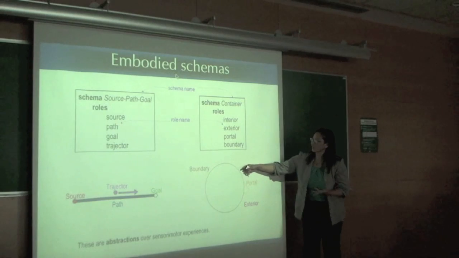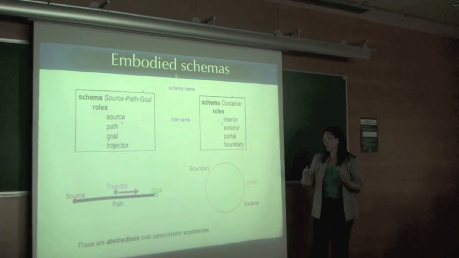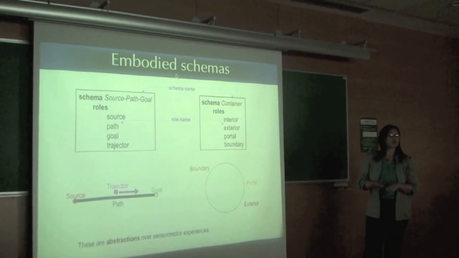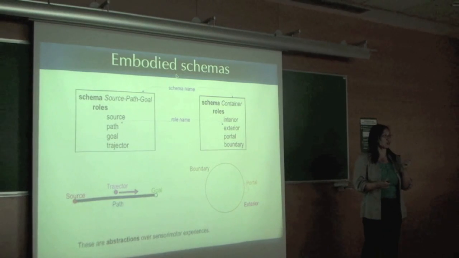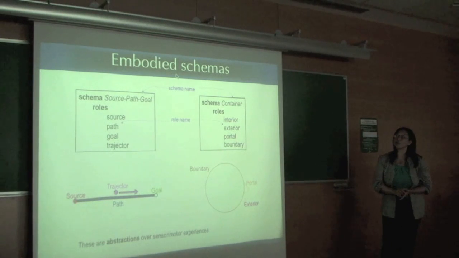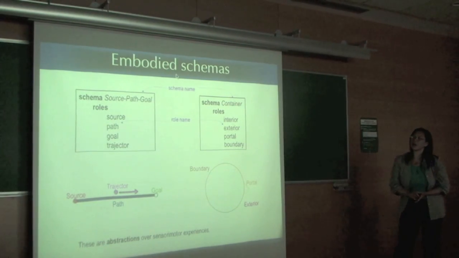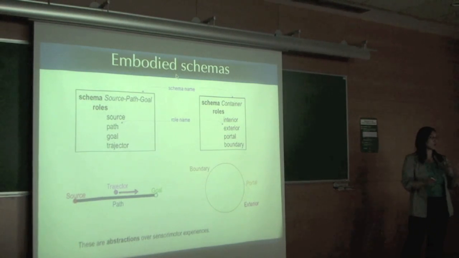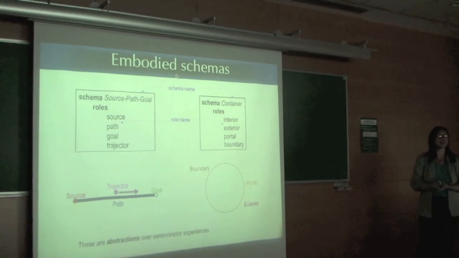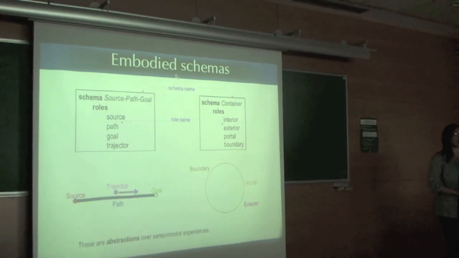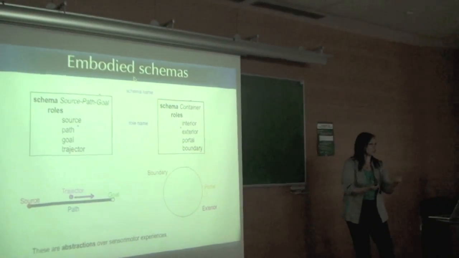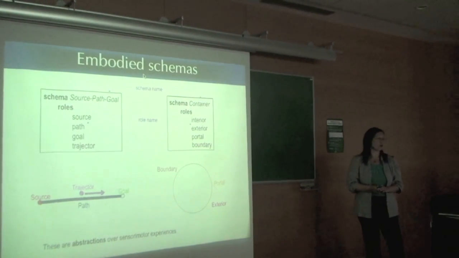What they have in common is that you can talk about some kind of boundary and portals and exteriors. Again, not focusing on the notation, but many things, in particular those things that are important in language, have these image schemas at the heart of them. So I guess that is part of what we're tapping into. When we want to talk about the meaning of something, often the meaning will involve some set of these abstracted schemas. They're not abstract in the sense that they are lacking; they were motivated from something very experientially grounded. So there are common patterns over these experiences.